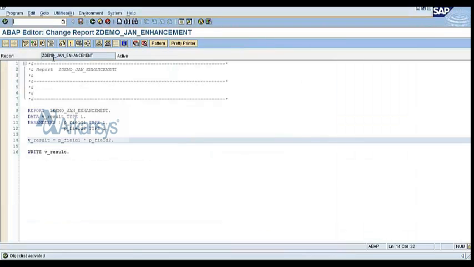So what I can do is, in the main program, instead of SAP maintaining this program logic this way, if they call one function module